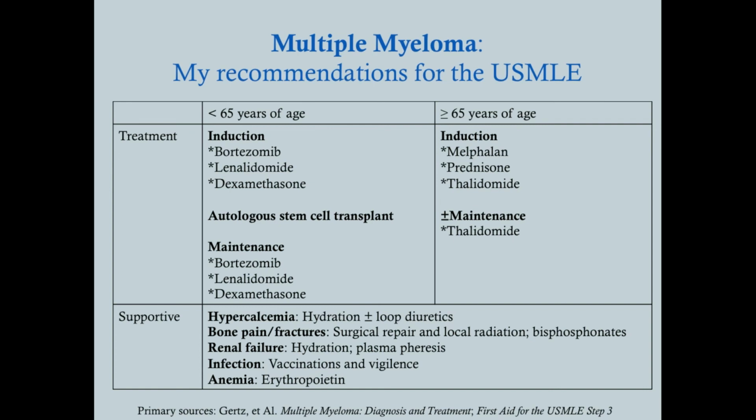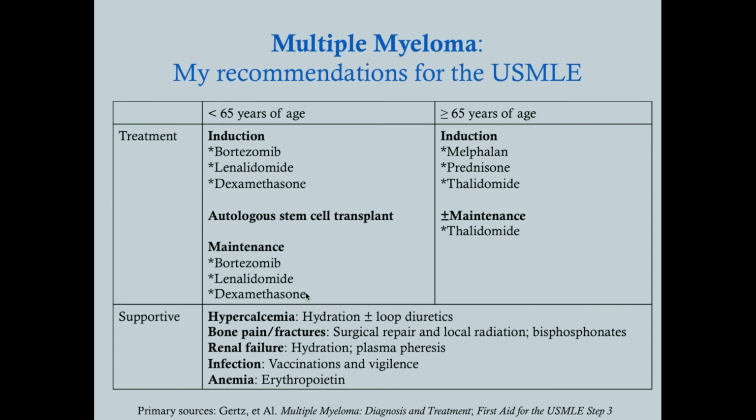How bad is this patient's renal disease? If they don't really have much renal disease, they may not use bortezomib. They may use something else. If they have severe renal disease, bortezomib is probably a better option because it's easier on the kidneys. So from there, the oncologist may come up with a different treatment plan. And this is why I don't think you're going to be asked this on the USMLE. I highly doubt it. And all the questions I've ever looked at on USMLE, Step 2, Step 3, I've never seen a question which is asked for the